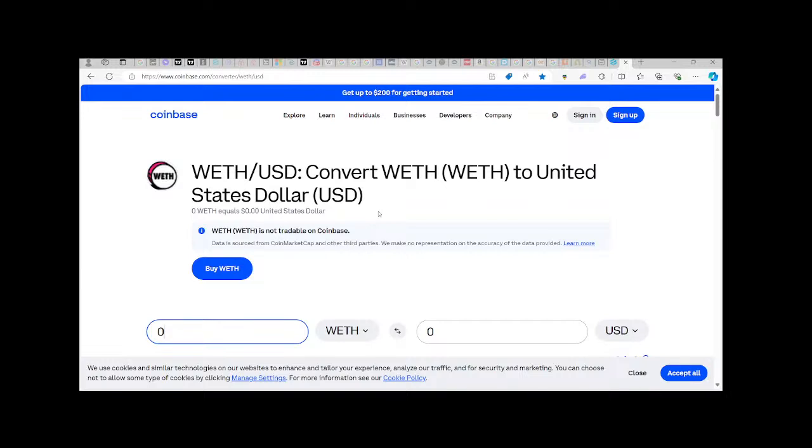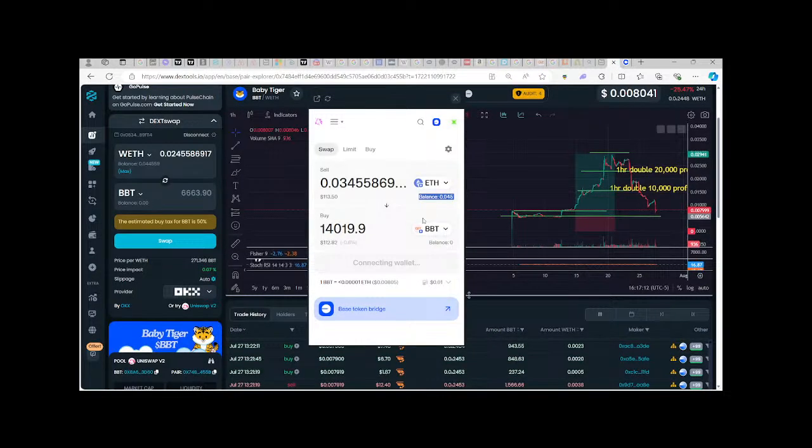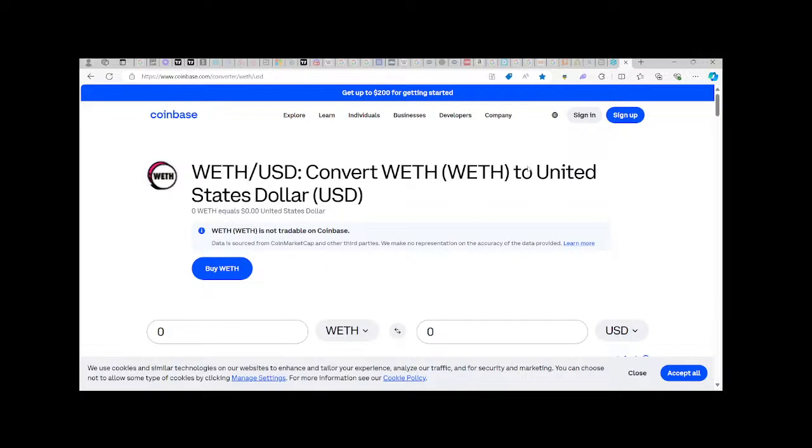coinbase.com/converter/WETH/USDT. So for instance here, if we take a look at the wallet address, we can see there's a maximum in there for the trade of 0.045, right? So let's go to the converter. That means if we have 0.045, that is equivalent to $146. Like I was telling you, $150 worth of